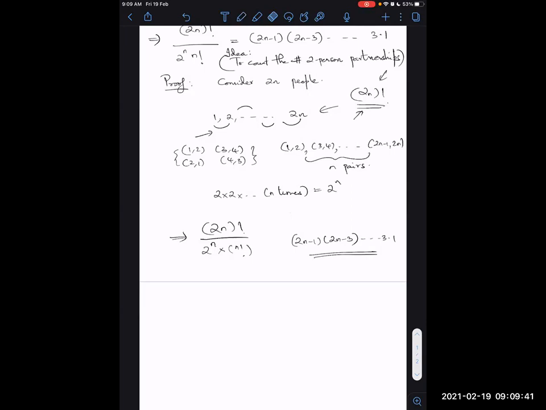So that's the idea for RHS. Is the idea clear? So you pick the first person. Two n minus 1 choices. You pick the third person because the second person is paired with the first person. Then he has 2n minus 3 choices because 2 people are already taken out of the system and there were initially 2n people. And this continues till the last number. And the last number is 1 because 2n is an even number, so you can always form pairs. Is the idea clear? Is it clear, children?